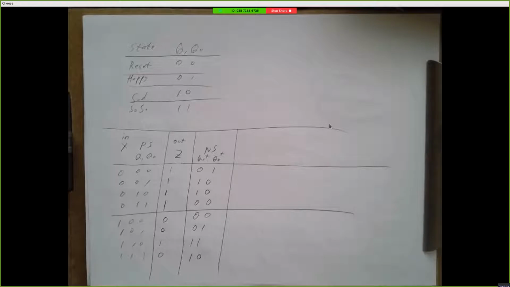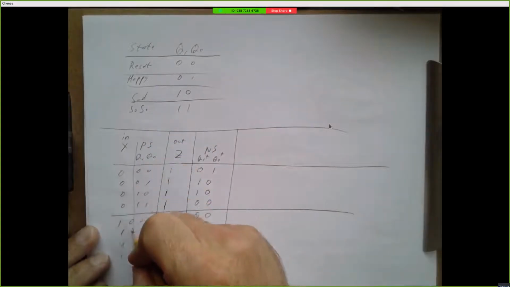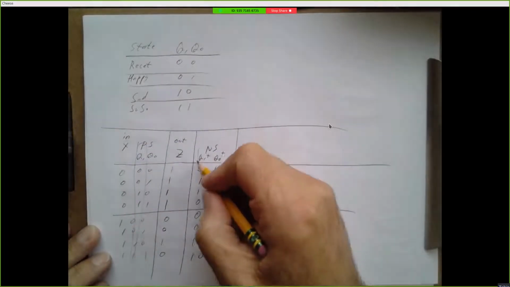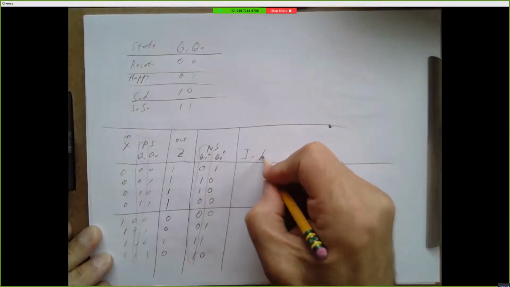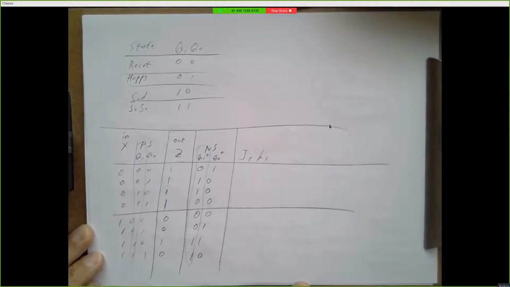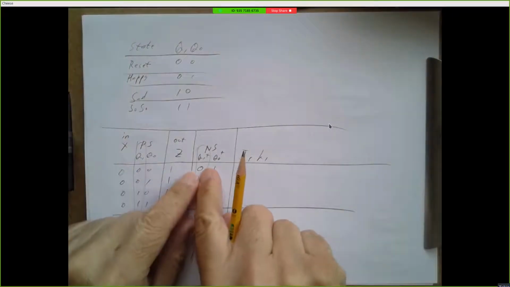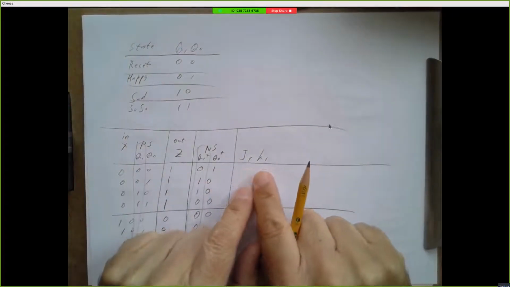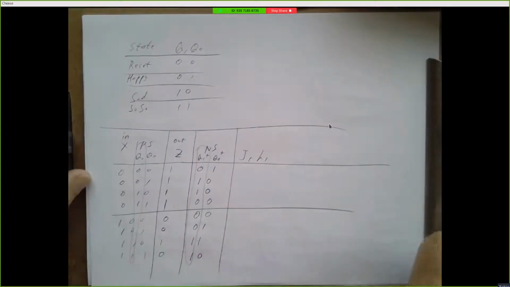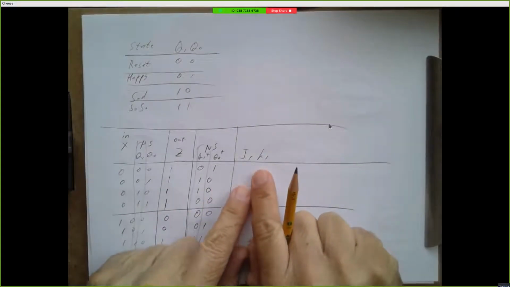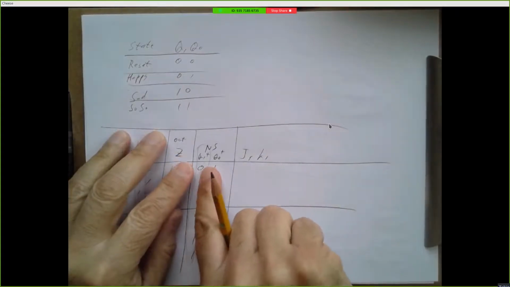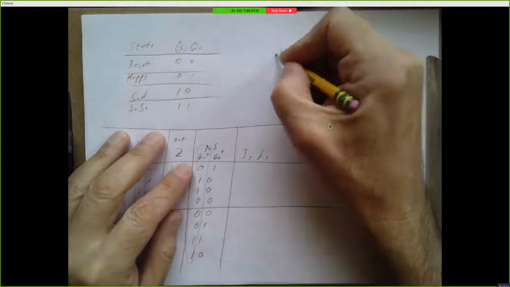All right. So we're using JK flip-flops. So we need to describe the JK inputs for flip-flop 1 to go from Q1 to Q1 plus. So let's just look at the current value of Q1, the next value of Q1, and what we want J1 and K1 to be equal to. And there's a very straightforward way to fill in J1 and K1, which is just to look at the new value. Because we know with a JK flip-flop,